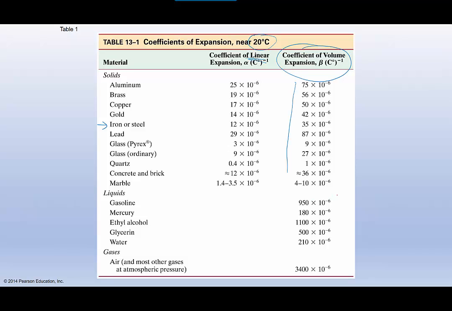Now notice we also have some for liquids and then some for gases. In particular, this gas is just air, the one that's listed. Notice that those coefficients of volume expansion are huge, significantly more than with solids. So when we're talking about things expanding volumetrically, we have to keep in mind that they expand in all dimensions, not just in one, and that the result is going to have a greater effect than just linear expansion,